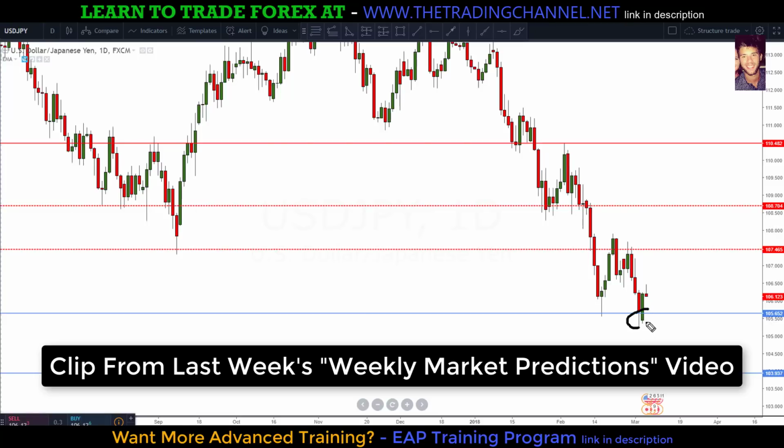We did have a nice push off of this level of support. The only way I'll be looking for a trading opportunity here at 105.65 is if we get a nice retest, probably a double bottom on a lower time frame, possibly some RSI divergence, along with some other entry techniques that we use in the EAP training program. This will have to be...